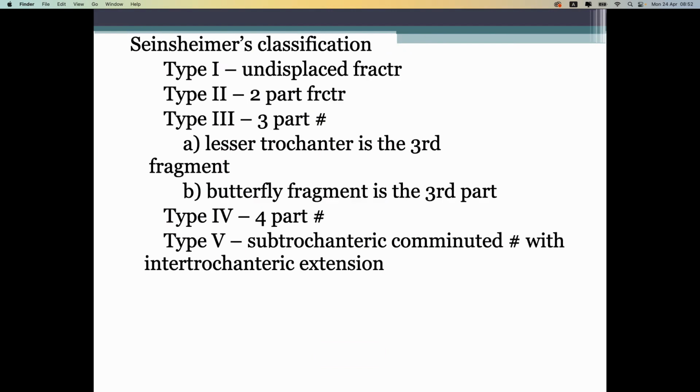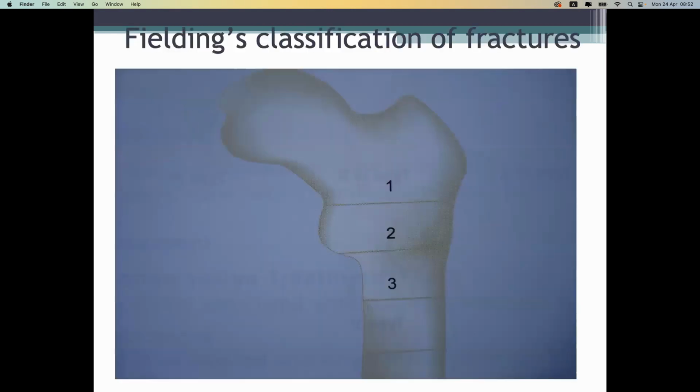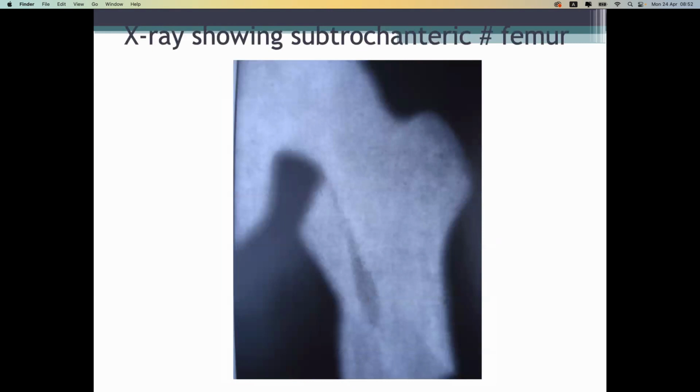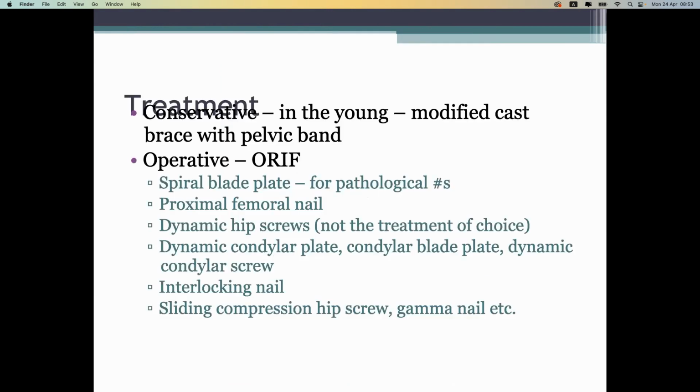And this is also not a popular classification. You don't have to remember everything from here. Okay. So, okay, and let's get to the treatment. But before the treatment,